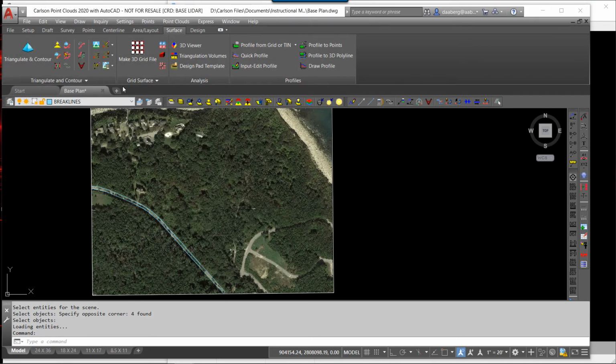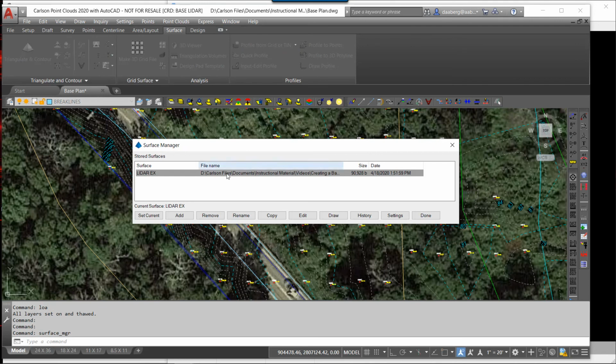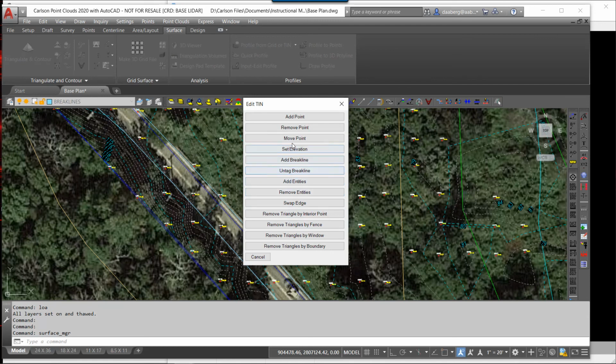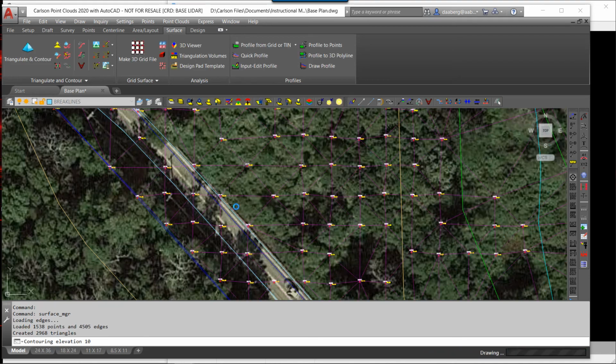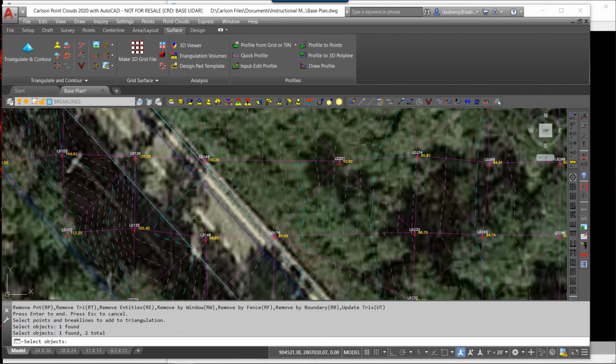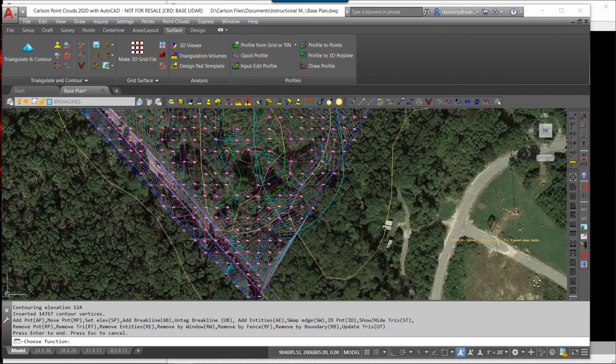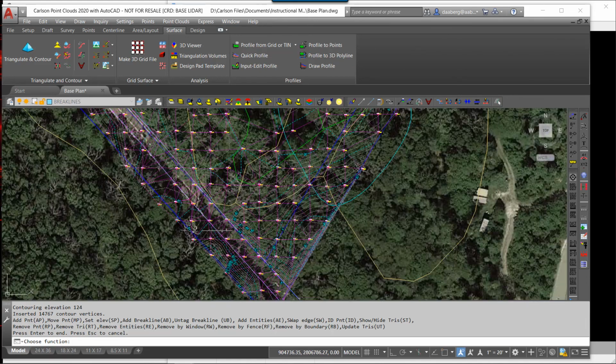I am now going to thaw everything again, and I'm going to go into my Surface Manager. There's my existing surface. I'm going to edit that and add entities and add those two polylines in there as break lines. And you can see temporarily that TIN lines are drawn. So I'm going to select that one and that one. I hit return, and now I have break lines, and the contours are much improved. Return,